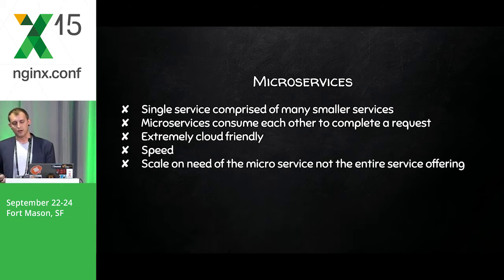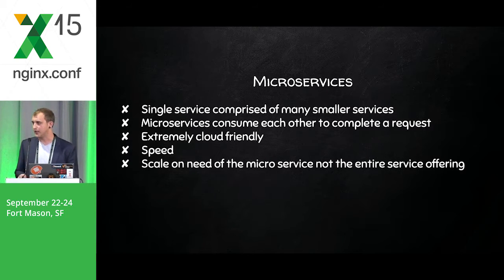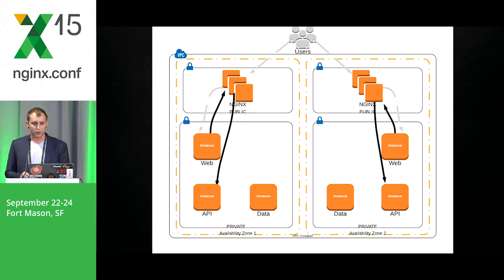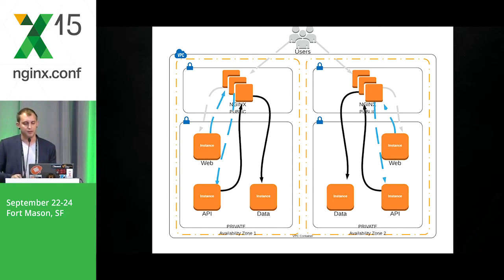So, microservices definitely causes a little bit of complexity when you're deploying and in your environment as a whole. So let's take a look at a pretty simple architecture and what it might look like for a packet to run through this. We have a request, hits our web layer, back to NGINX, goes to our API layer, and then finally to our data. It's important to note that the data that I'm talking about in this particular example are Solr shards. They're immutable, they're static data, and we've got multiple shards, multiple replications of that shard, etc.